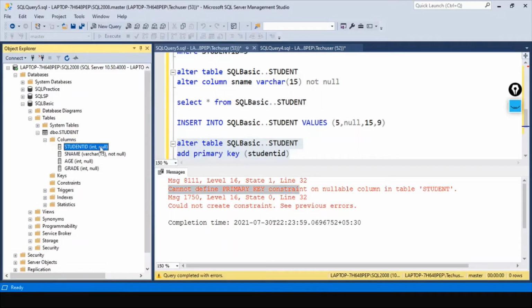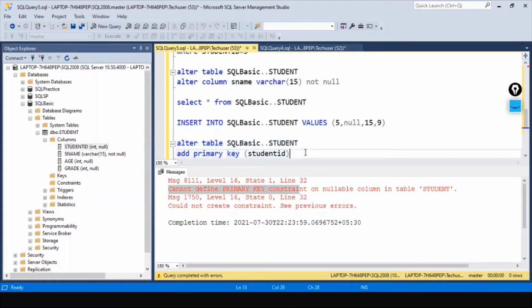See, student ID can take null value. So the first condition for creating a primary key is that it should be not null. First we have to change it to not null.